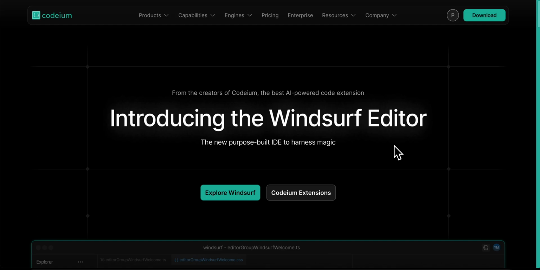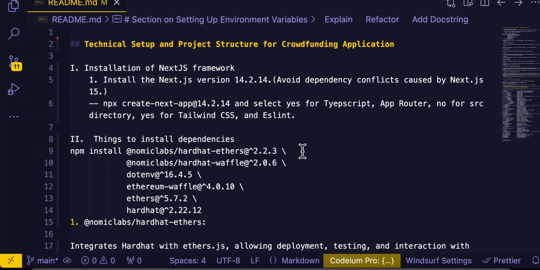So before I start the coding part, I wanted to say that I'm using this WinSub editor belonging to Codium, which is actually an AI-powered extension. Now before the coding starts, I wanted to speak about the technical setup and the project structure